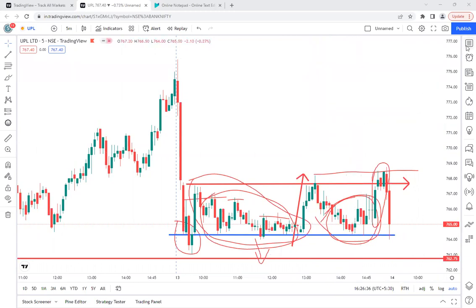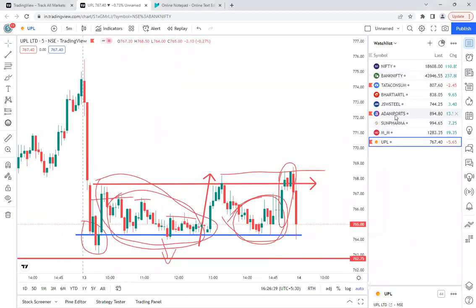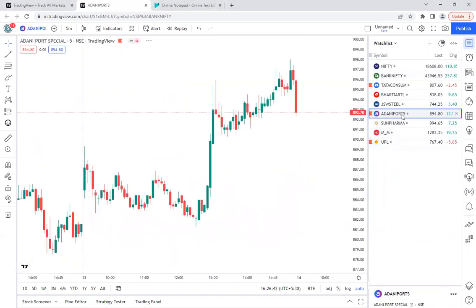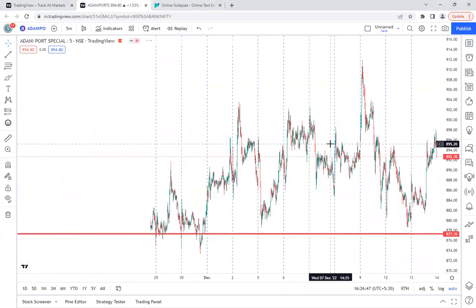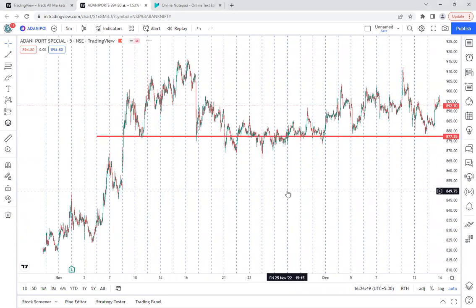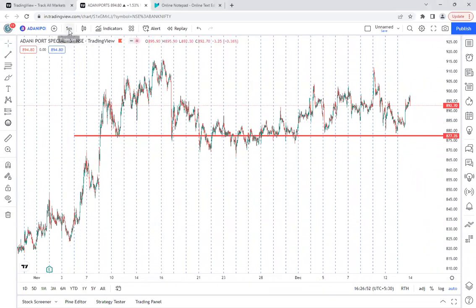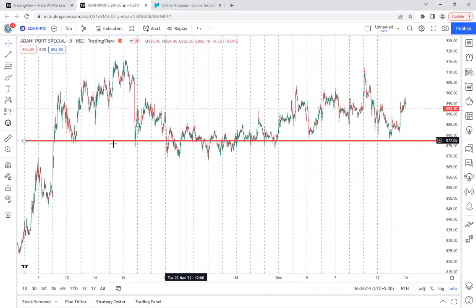And I have one more example from today. I will go to that also. In Adani Ports, I have already plotted a key level. So I will zoom out and show you what that key level is here. Again, Adani Ports, I'm on the 5-minute time frame only. And this is the key level because here you can see that it took the support and they went up. Here also they took the support, they reached to some extent. Later they tried to go down or up, but they stayed mainly in that support range only. And finally, they made a good buying move again.